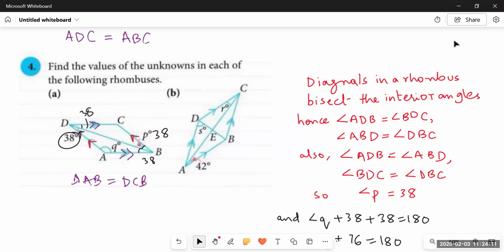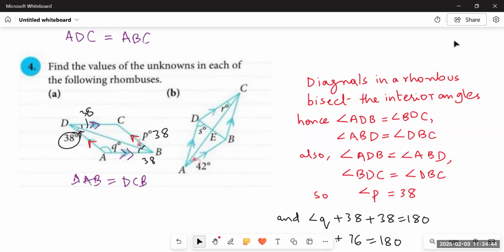So first we are going to write this property that diagonals in a rhombus bisect the interior angles. Bisect means the interior angles that are formed are equal to each other, right? That it cuts the angle into equal measurements. So it would be 38, 38, 38, 38. All four angles would be 38 each, right? And after that, we can see that ADB is a triangle also. So if we have to find out the third angle, we will add 38 and 38 with each other.